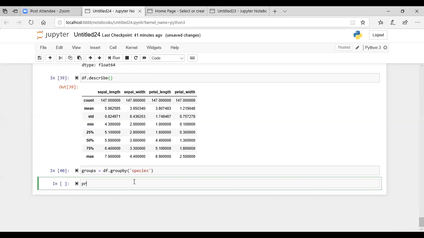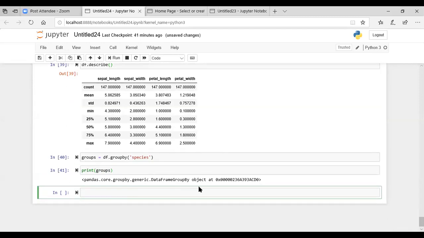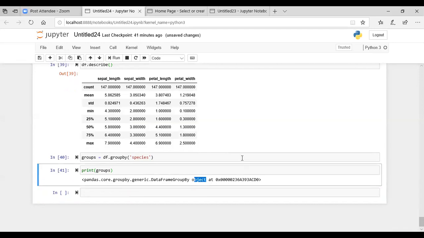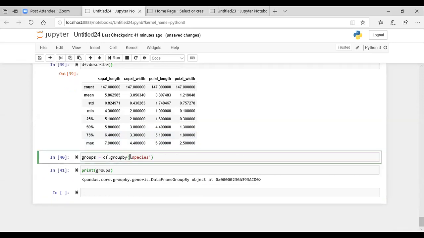After this, if you print this groups, it is saying that it's an object. So you can group the rows of the data frame. You have to mention based on which column you want to group them. So we want to group them based on the species attribute.